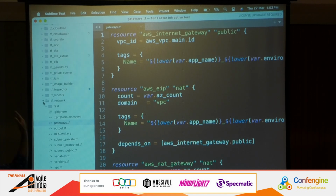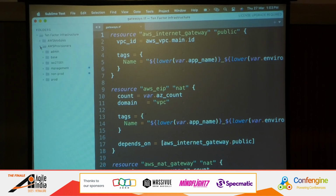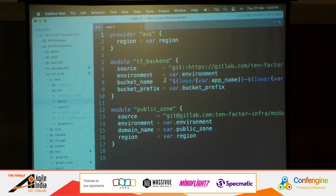Likewise, for each of these modules, that kind of capability you can build and reuse as many times as possible. And once you have that, you have the provisioners. Provisioners, as I mentioned, are also Terraform modules only; only the purpose of execution is different. As you can see, I have an admin environment and an ISO related environment, a management, non-prod, prod. If you look at my non-prod environment and the base module,